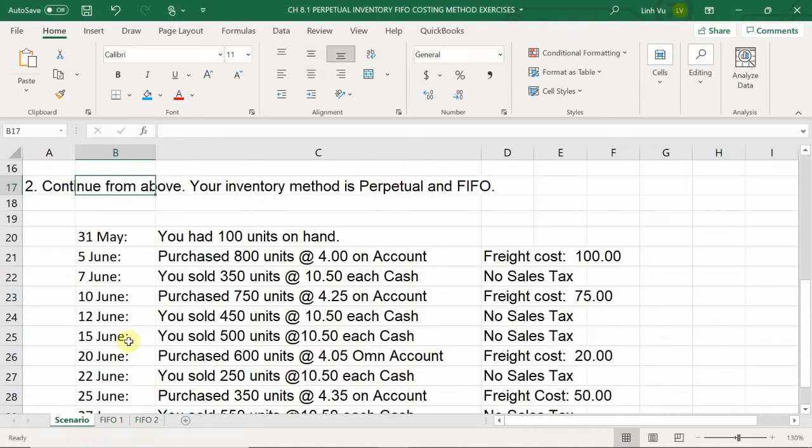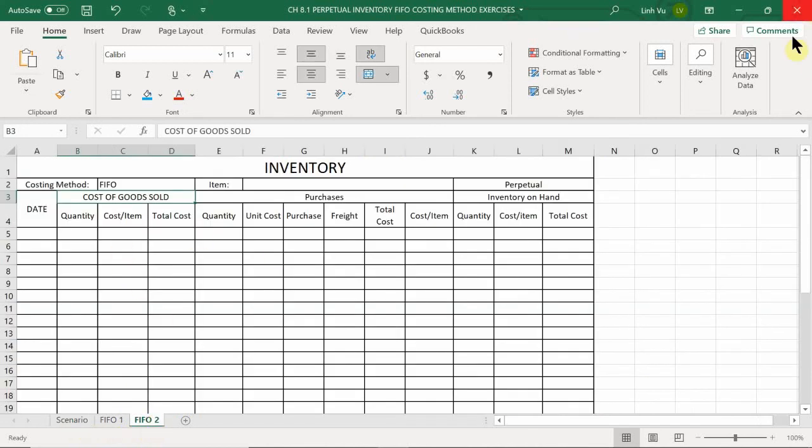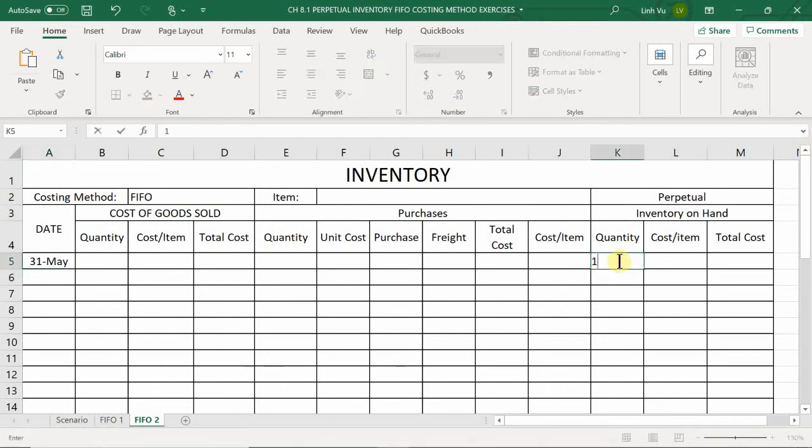Question number 2 says continue from above, okay? Your inventory method is still perpetual and it's still FIFO. But in this case, on May 31st, you have 100 units left on hand. So I'm going to pop in my beginning inventory because that's the first thing on here. And I'm going to put in that on May 31st, I should have a total of 100 units costing